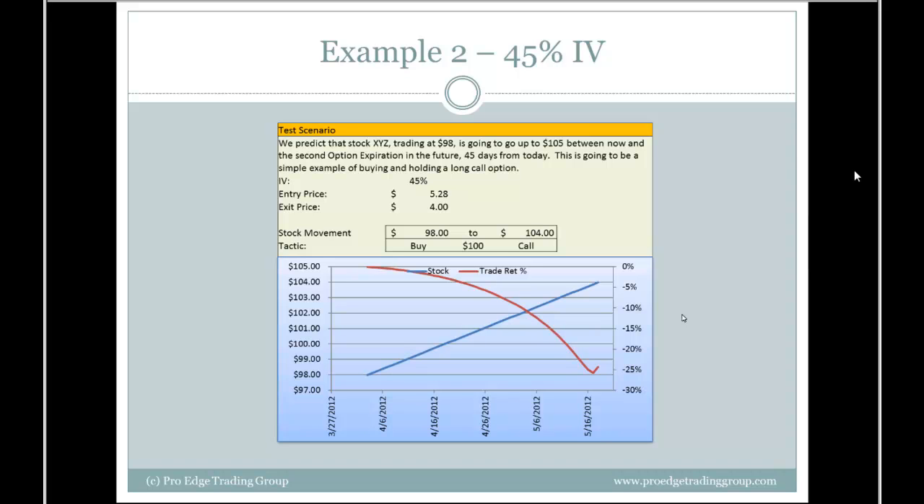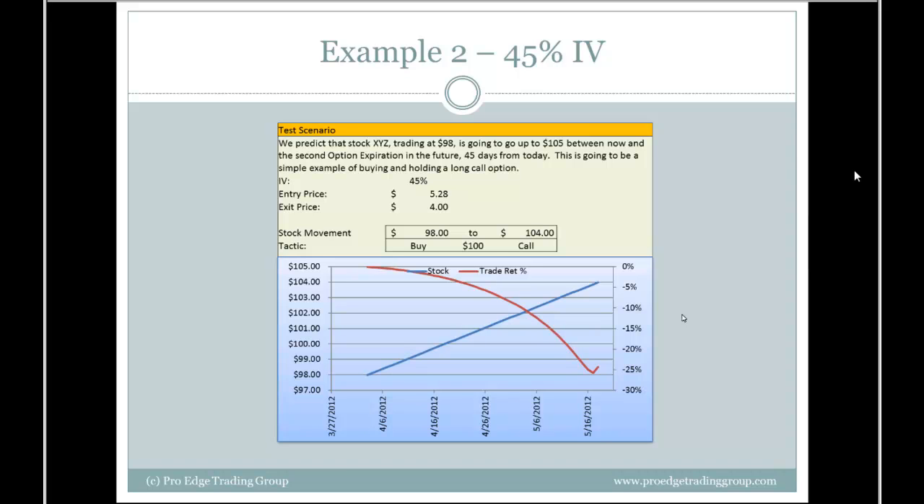Now, I realize that if you were expecting it to go up to $104, you probably wouldn't have taken this trade. But I wanted to show you something: how the price actually moves, how the option actually moves in value as we get closer and closer to the expiration. So we basically bought this